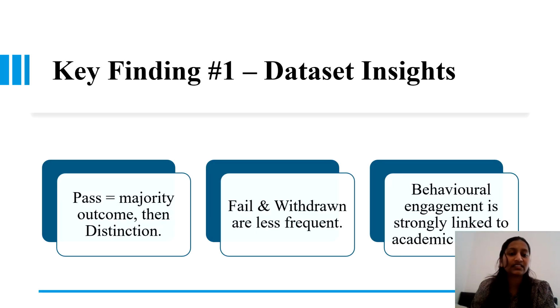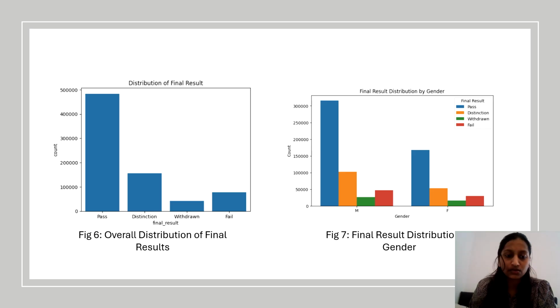So now we're going to discuss key finding one, dataset insights. If pass is the majority outcome, then distinction, fail and withdrawal are less frequent. The behavior engagement is strongly linked to the academics. So now in figure 6, we'll see the overall